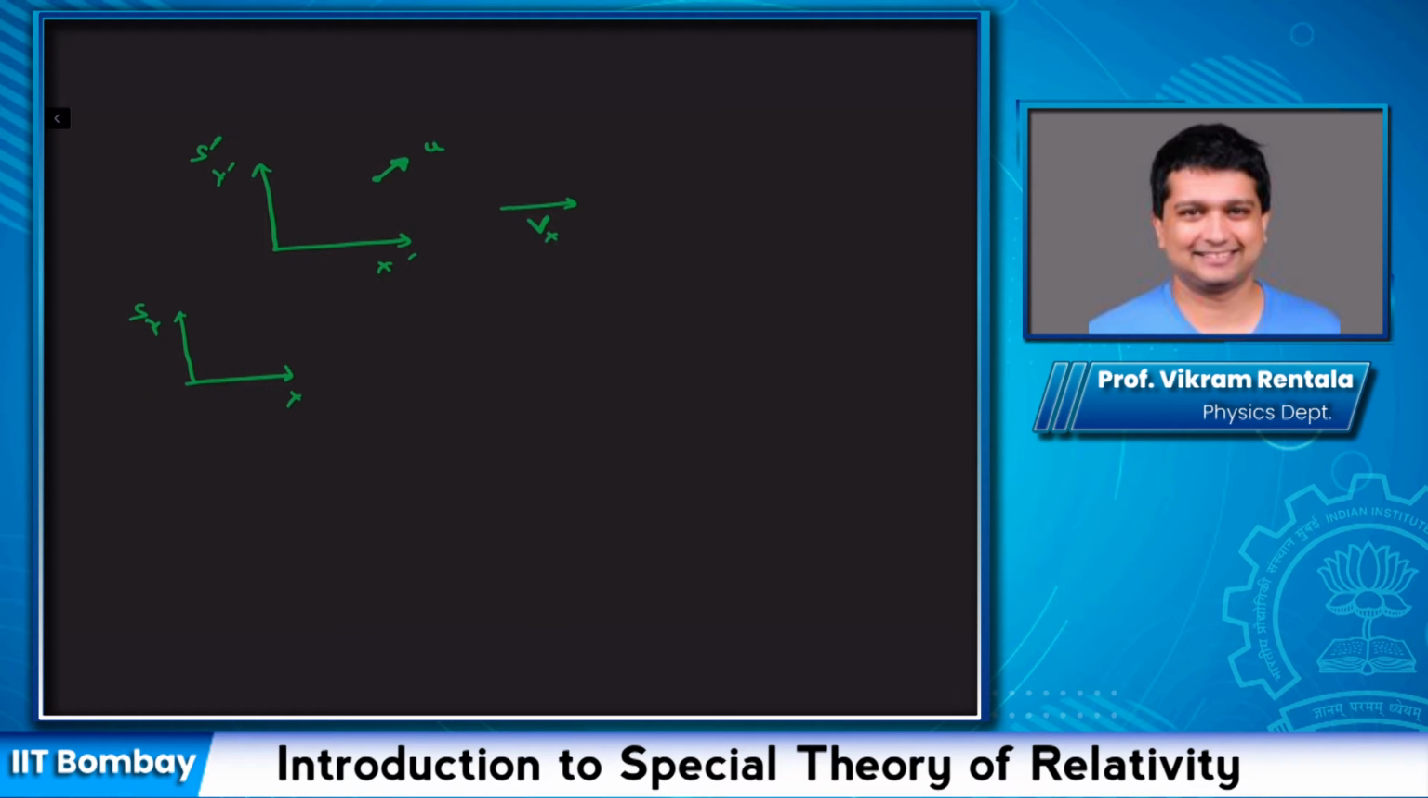And we can break u into two components. We can decompose this vector u into a component which we call u parallel, which is parallel to the direction of relative motion, and a component u perpendicular, which is perpendicular to the direction of relative motion. And as we've seen, since lengths